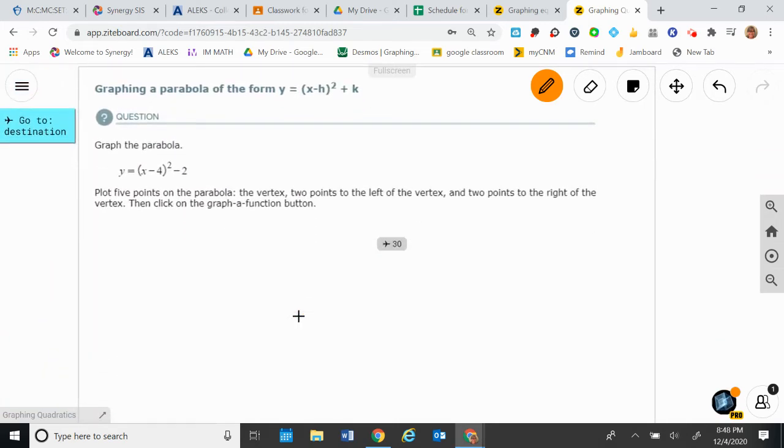Okay, it says graph the parabola in the form... Now this is vertex form: y equals (x minus h) squared plus k. I know we did this and played with it on Desmos. This is the vertex. The vertex is (h, k). Now notice